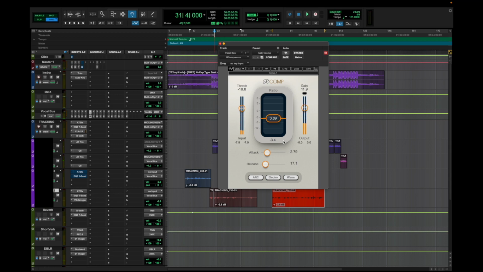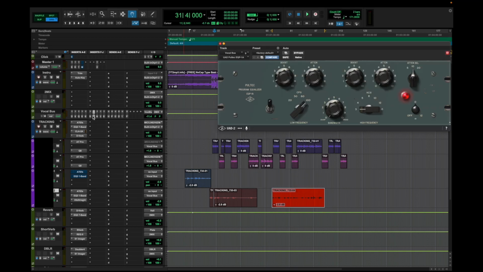It's not doing too much compression, but it's doing just enough to get the vocal to sit in a sweet spot in the mix. And you definitely don't want to overdo it with these types of compressors. I would say 6 dB would be the max. If you do want that over compressed sound, just always feel free to use 2 different compressors and make them work well with each other.